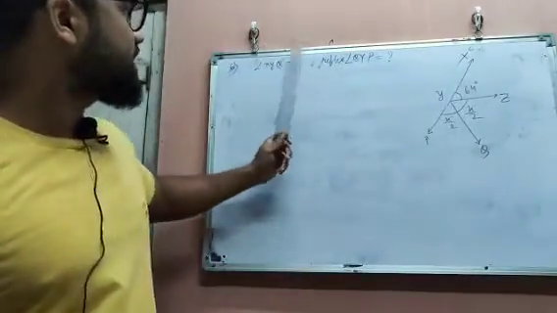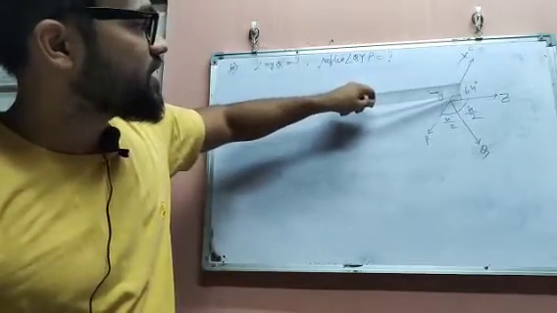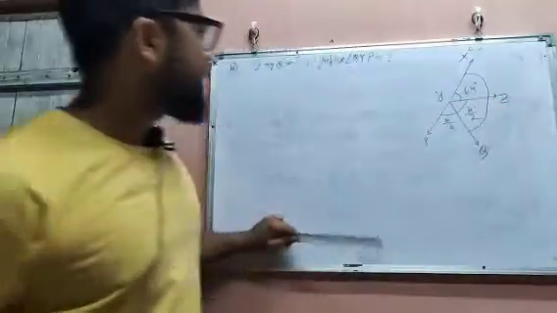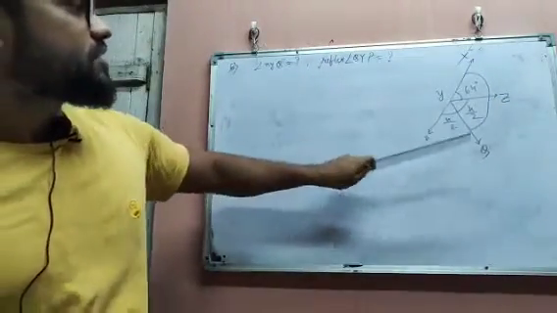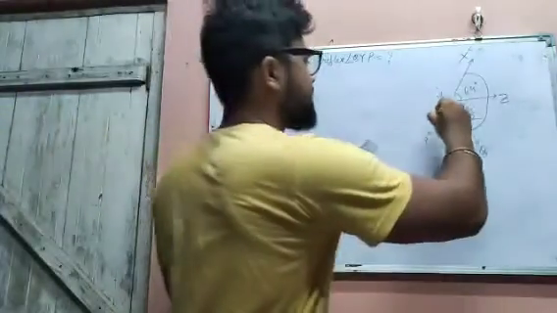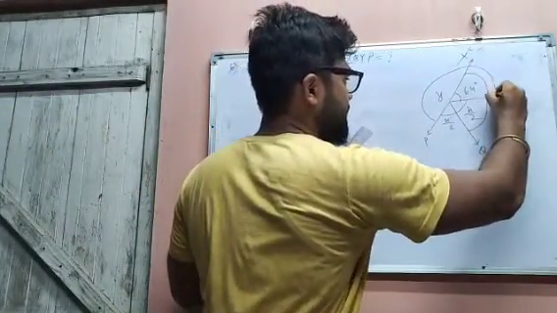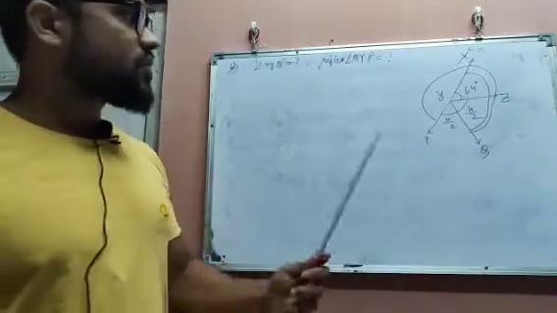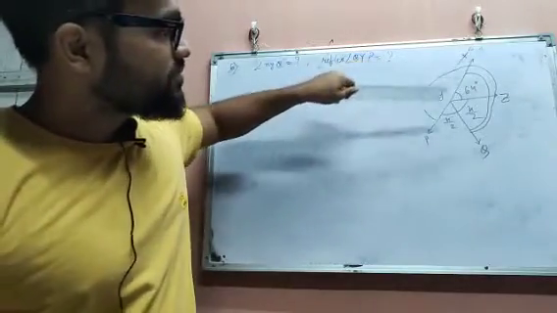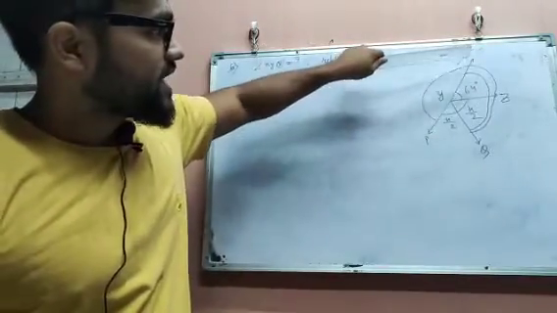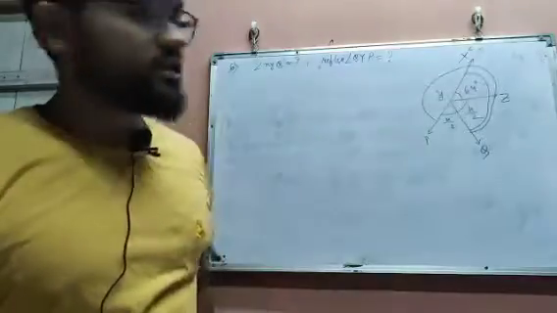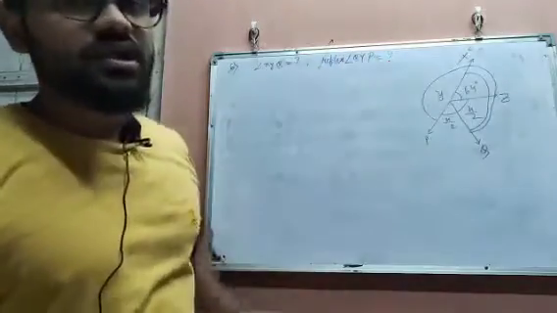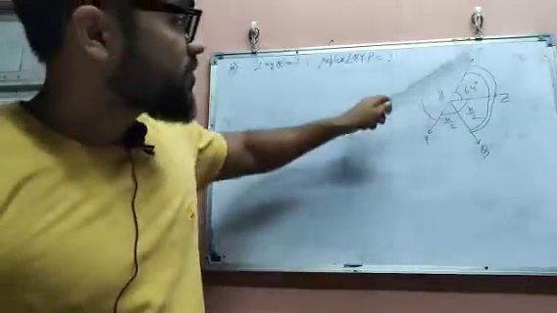We are asked to find the value of XYQ, that means this large angle, and reflex QYP. So reflex of that one, QYP, we are also asked to find. First thing, see, XP is a line and ray YZ is on it. Therefore angle XYZ plus angle ZYP equal to 180 degree, because they form a linear pair.